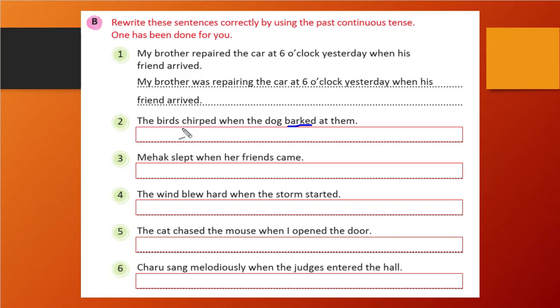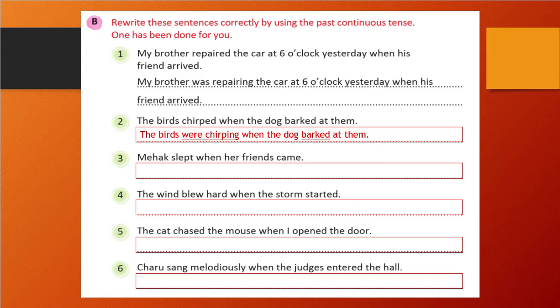But after barking also, the birds are chirping, so this will get changed. It will become were chirping. So the birds were chirping when the dog barked at them. Bark will remain the same; it will not get changed.